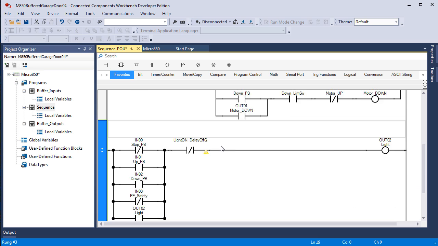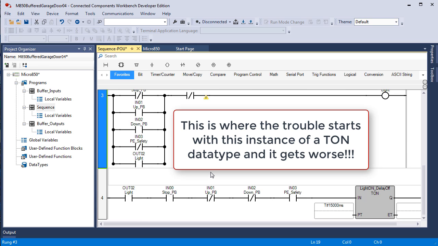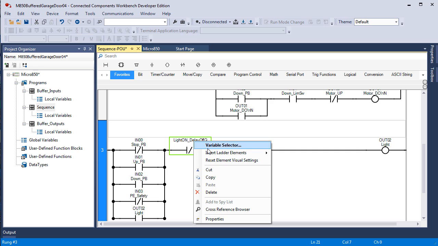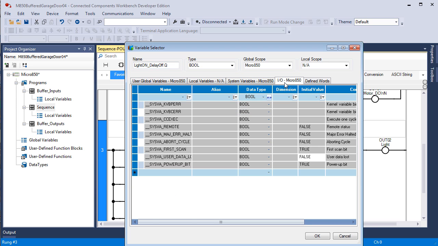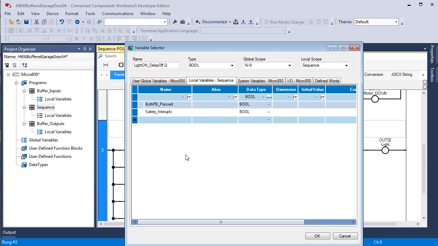And of course this one up here doesn't look right now. And I don't know if it's because I gave it a different name, light, uppercase ON _ delay, uppercase, looks identical. But what I'm going to do is go to variable selector and go to I would have expected